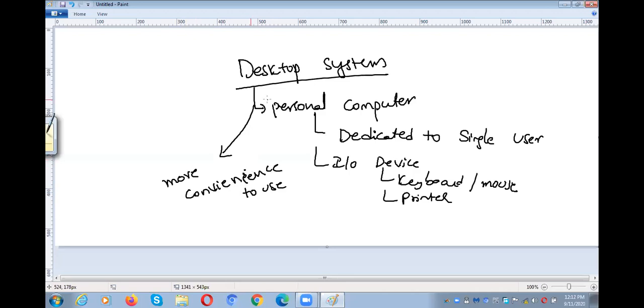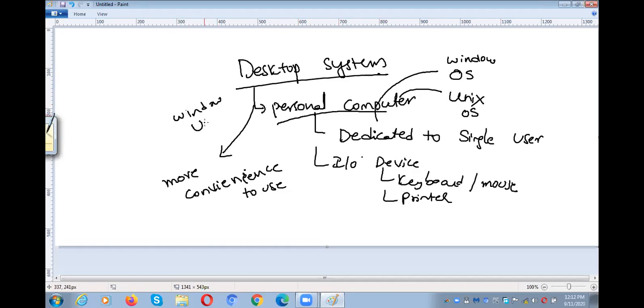Right? We can run multiple operating systems. That means in our computer we can load the Windows operating system. We can even load the Unix operating system, right? In our only one computer, we can install the Windows operating system as well as the Unix operating system. Different operating systems are supported by the personal computer. Even my laptop has Windows as well as Unix, Linux operating system. Have you got my point?